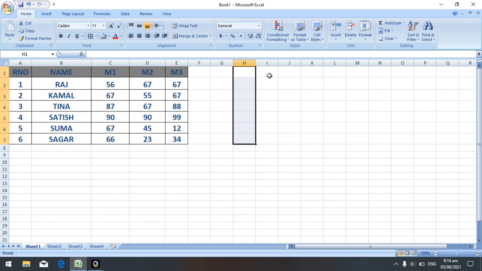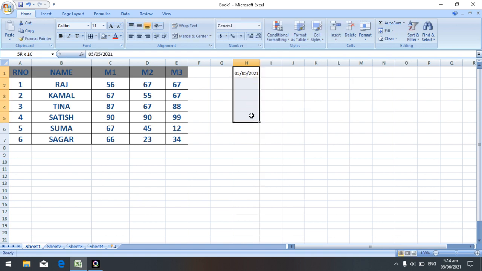So today's date is 5/5/2021. Select this downside, or row wise if I want.